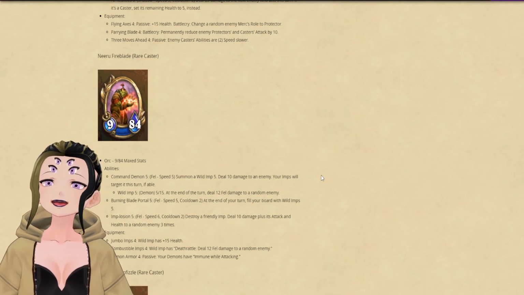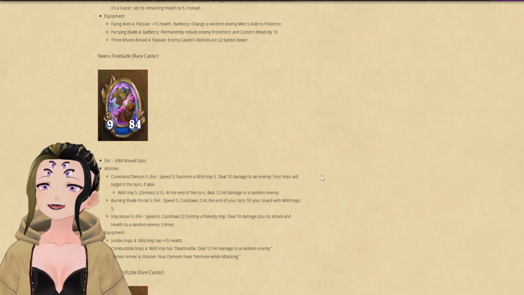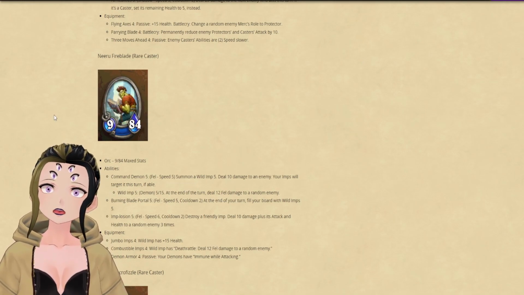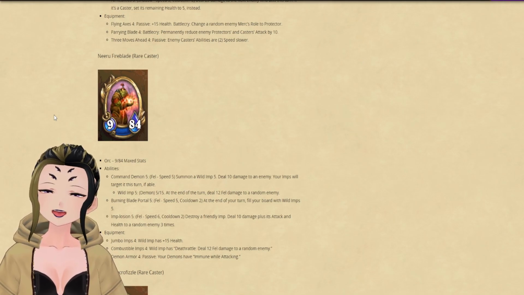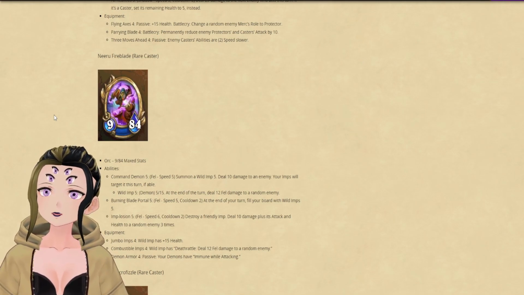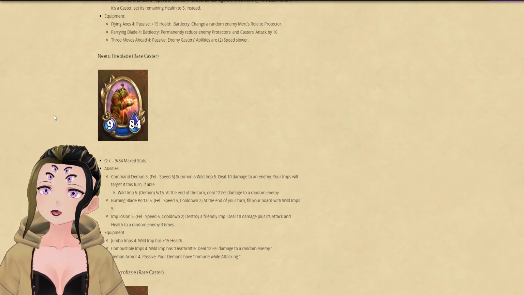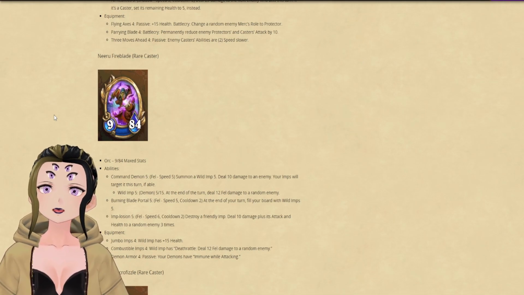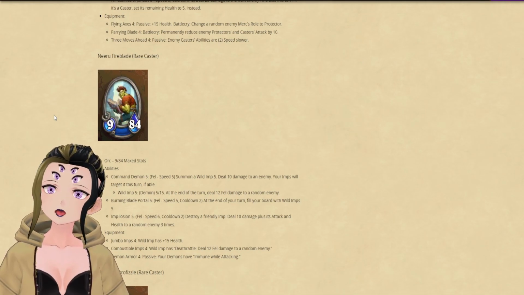destroy a friendly imp, deal 10 damage plus its attack and health to a random enemy 3 times. Now, when we're talking about a strong mercenary, this one is really, really strong. Though the cooldown of 2 makes it a little bit harder to actually use either of his final 2 abilities, but if you can allow him to survive, then this is perfect. I think this is going to be a really good mercenary to bring on from the bench and not be